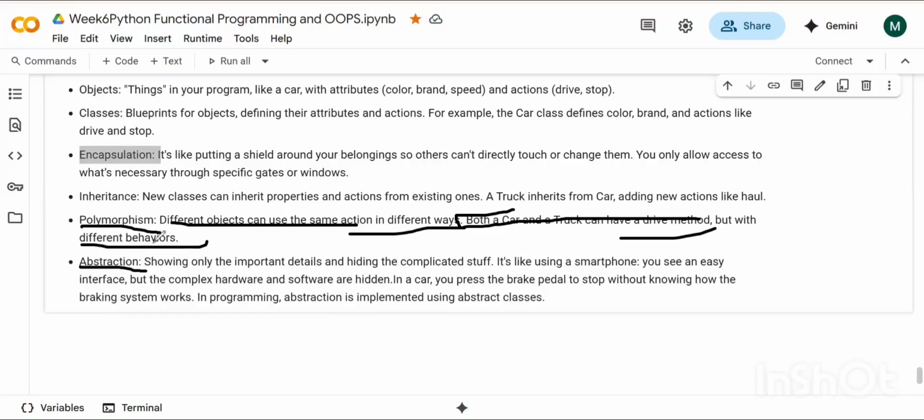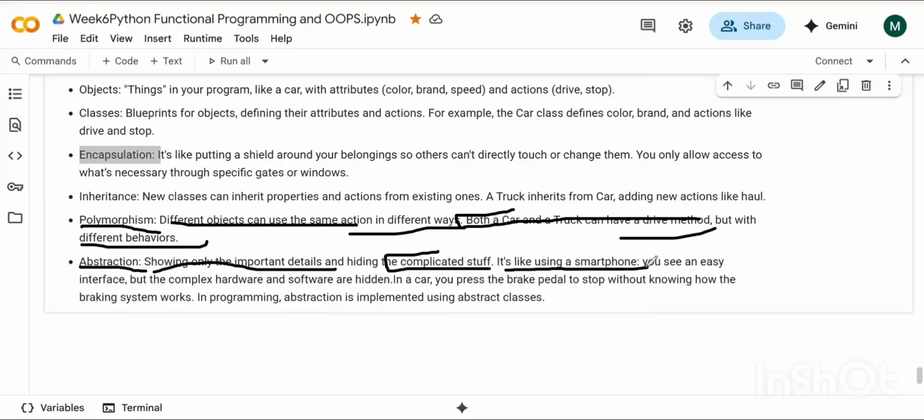In OOPs, abstraction means focusing only on the essential details while hiding the complex logic behind the scenes. For instance, if you're creating a payment class, you may only expose methods like pay or refund while keeping all the complex calculations and logic hidden. That is known as abstraction. Showing only the important details and hiding the complicated stuff.